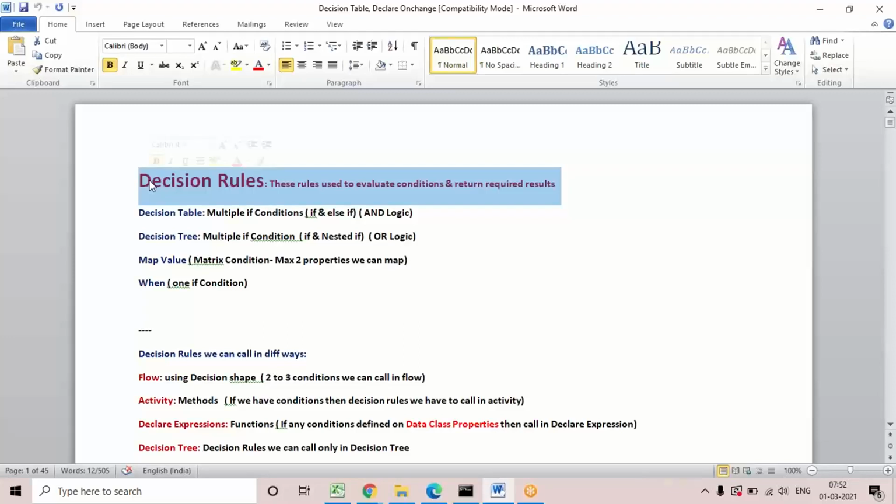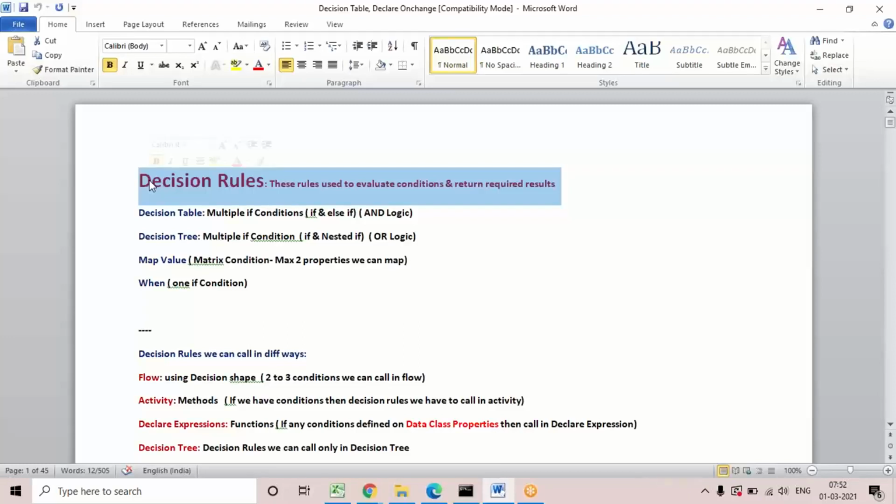But with decision rules, after defining the condition, we must call the condition wherever it is required. Without calling the condition in decision rules, we cannot implement it. So it is mandatory to call the condition if you define any decision rule, but no need to call it anywhere if you define any declarative rule. That is the first basic difference.